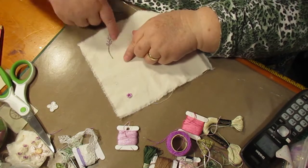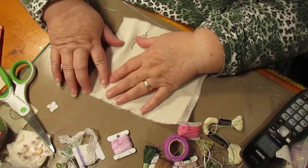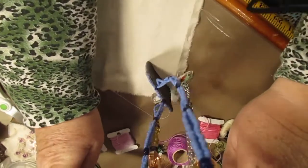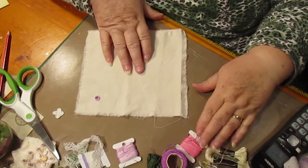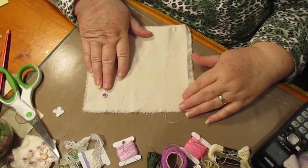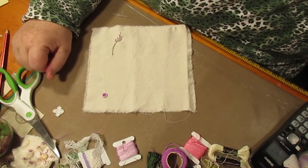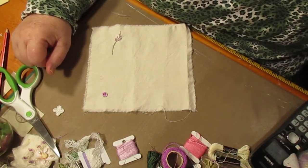Now we can take these pieces. I'll finish that lavender off and cut it out, and I'm going to take that one as well. Now I think I've got enough time to do another little something, because this one only goes for 10 minutes, so I'm going to show you another stitch. Let's see what we can do. We can do the fly stitch and make this